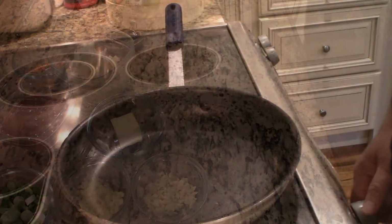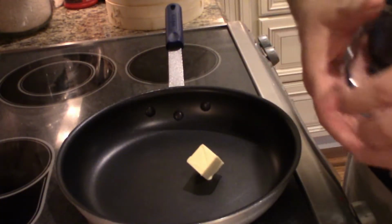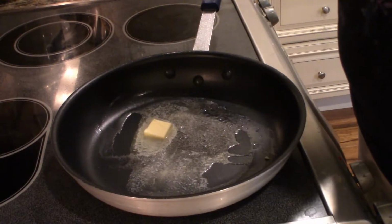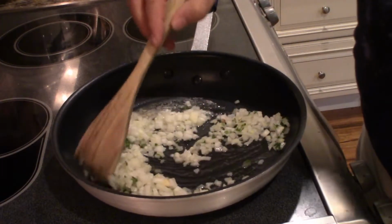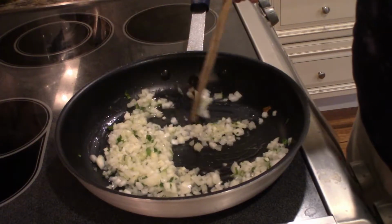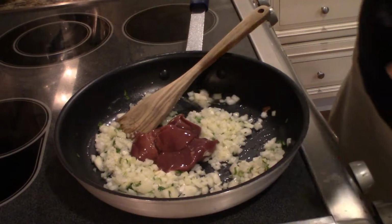Okay, so we start by sweating down the onions. You don't want to caramelize them, you just want to slowly sweat them. We're going to do that with butter, and as soon as this starts melting, we'll be back. Okay, so the butter is melted. Okay, now we're going to add the livers, and as the livers cook down, you want to chop it up,